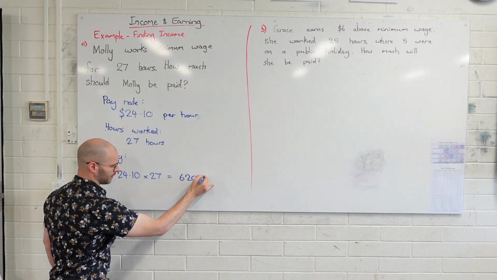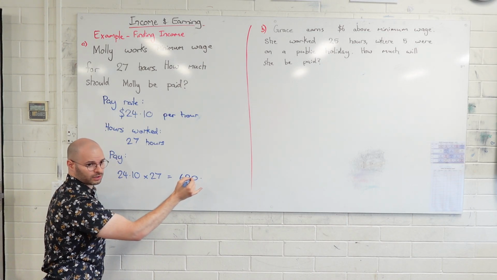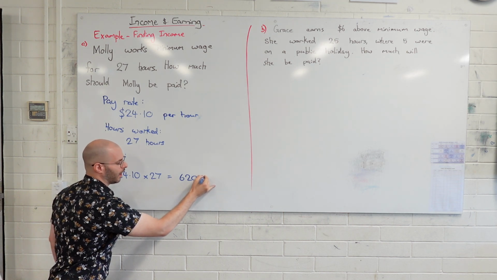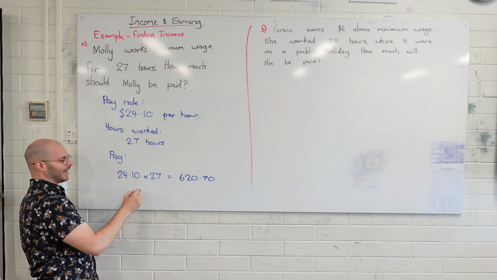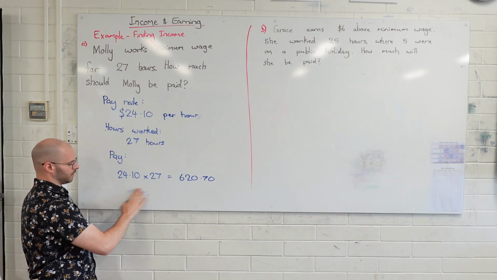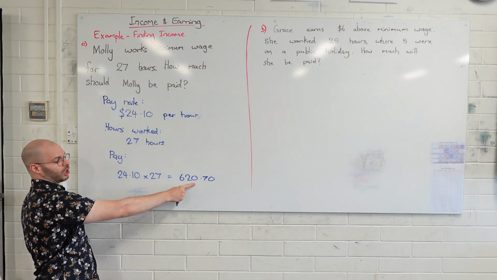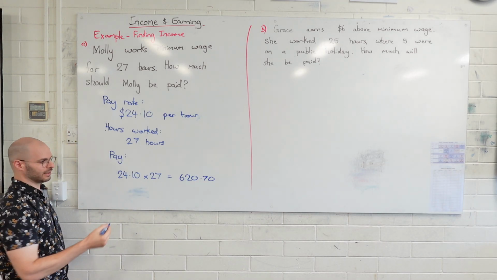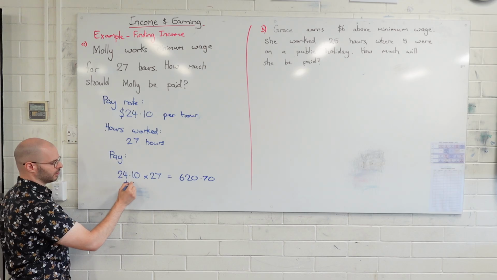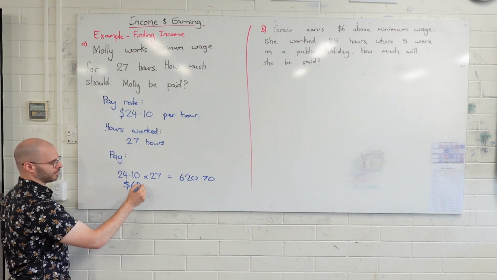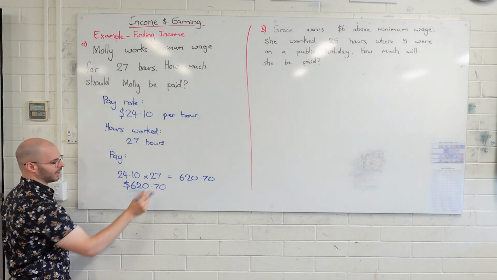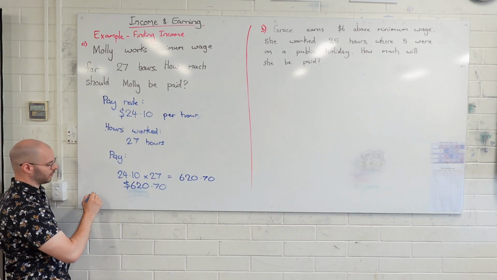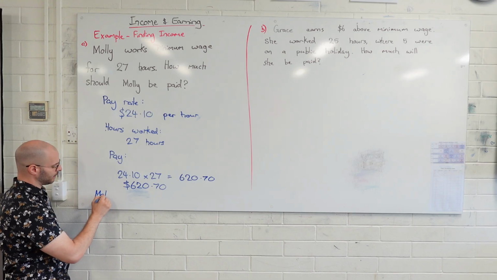Did you say 70 or 7 cents? Okay, 0.70. So Molly's going to expect to earn $620.70. Now this is the calculation. If you want, you can write down the dollar amount underneath. But this isn't the answer yet. Because this was asked with a question mark, we have to give a sentence response. Molly will be paid